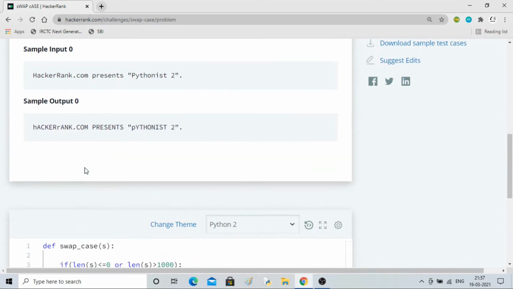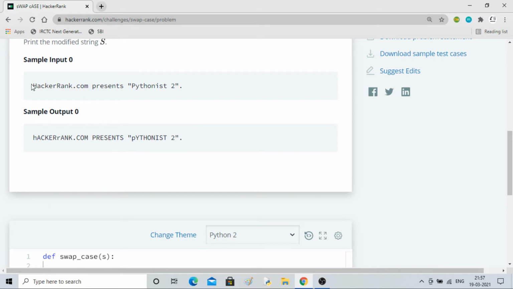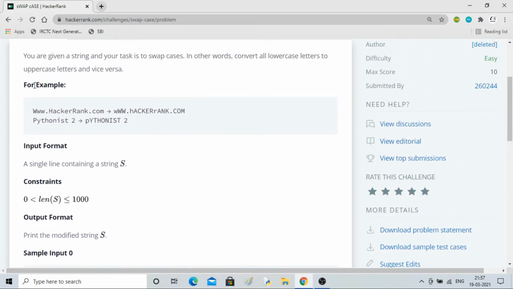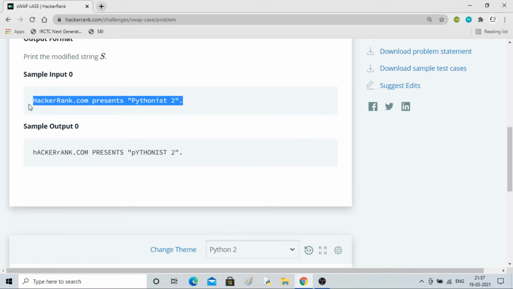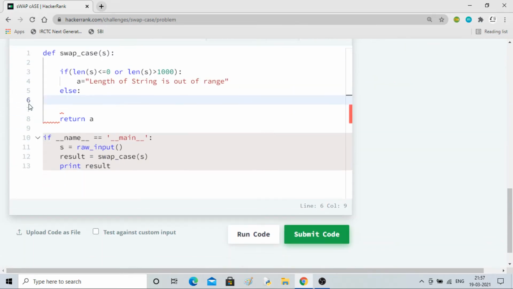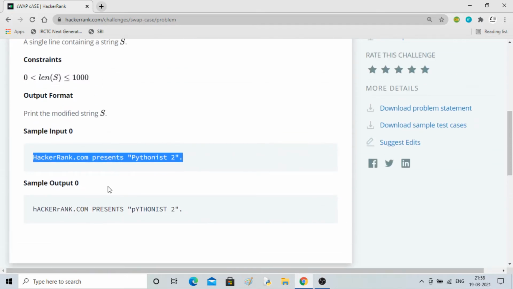Now how I am going to approach this problem is, I'll take the full string. This is the input we are getting here in s, and it is being passed to the function, so the s value will be like this. So I'll use a for loop to access all the words, this and this. So there will be a loop. And how am I getting 3 words? Because of the spaces. So one for loop, then another for loop to access the positions.